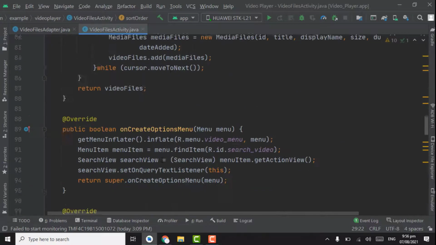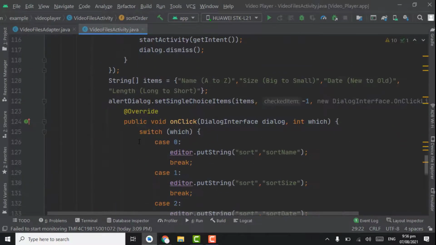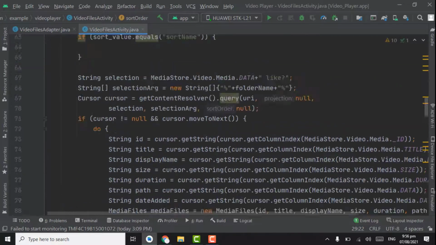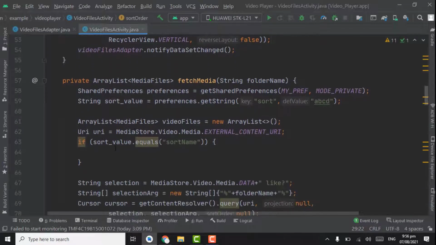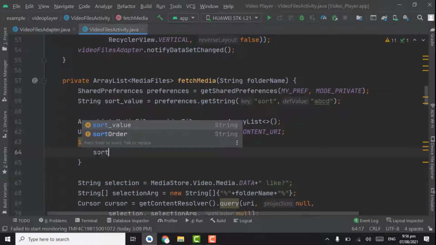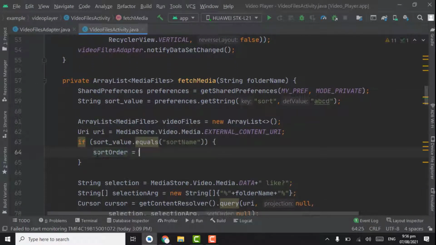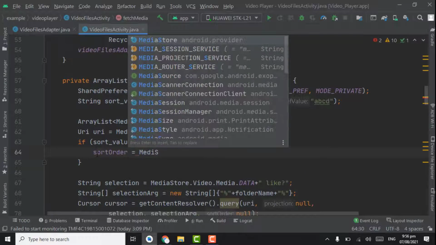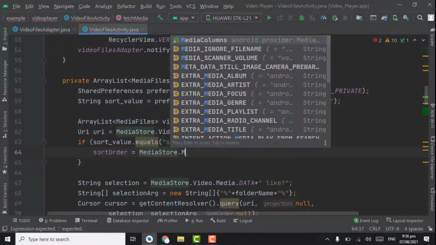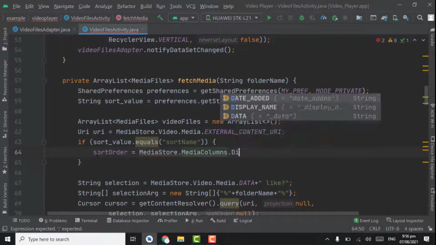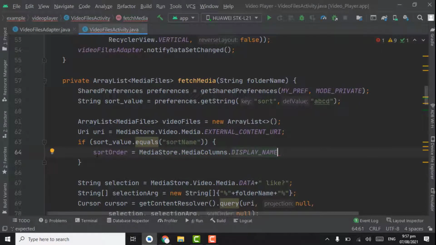We are going to use sortOrder here in the if statement. sortOrder equals MediaStore.MediaColumns.DISPLAY_NAME plus double quotes, give space and write ASC. By using this, video files will be in ascending order when the user selects the first item.